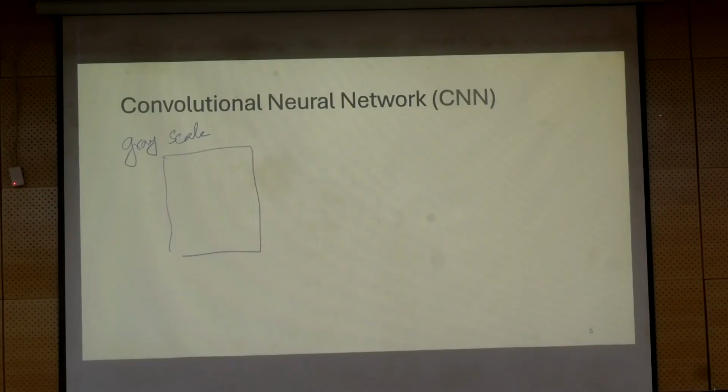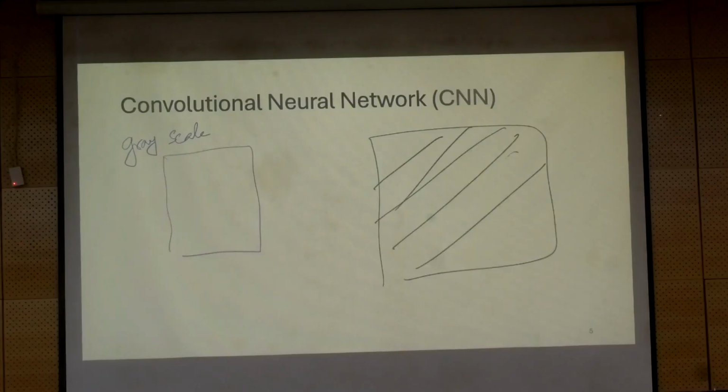So usually a CNN, if I consider CNN as a black box, so this is my CNN, I don't know what it is, it's a black box. What we will be doing is feeding an image into the CNN. And we will be training this to classify whether it's a cat or a dog or whatever that is. So we will have to know the ground truth. We will feed in multiple images. We will say this is cat, this is cat, this is cat, no matter how the orientation is, how the color is, whether the face is turned, whether it's facing the camera, all those changes, we will train the CNN, convolutional neural network, and ultimately we will get out.